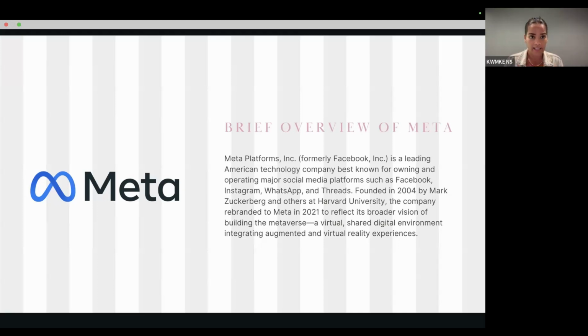They are all connected. We'll talk about that later in the slides, and Madeline will show you how to connect all of these platforms as one. The main thing that people want to know how to connect is their Facebook and Instagram. By having Meta be the overarching company, you are able to have both of those platforms linked together.